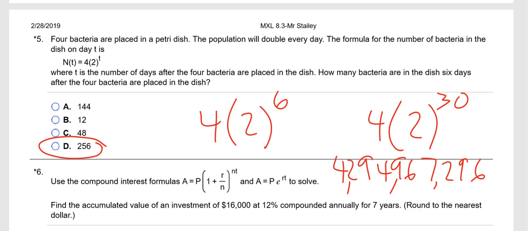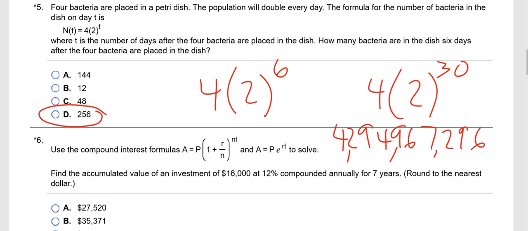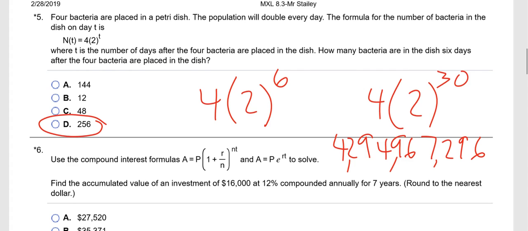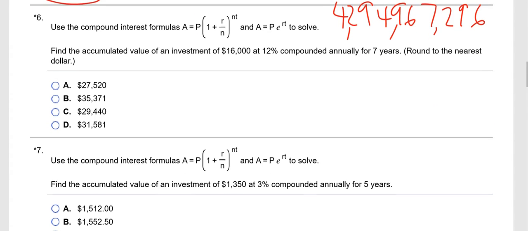Doesn't take that long. Exponential growth starts out slow and then grows quickly. Time is, in this case, bacteria wouldn't be your favorite thing, but, oh, you just got that. Now,